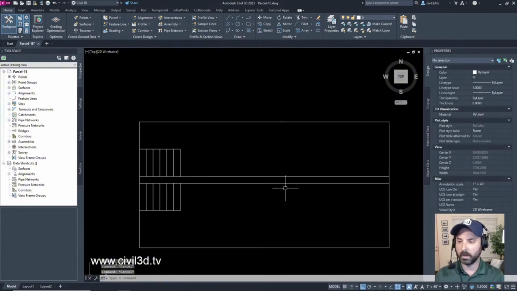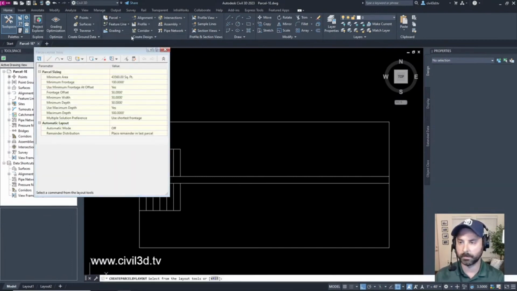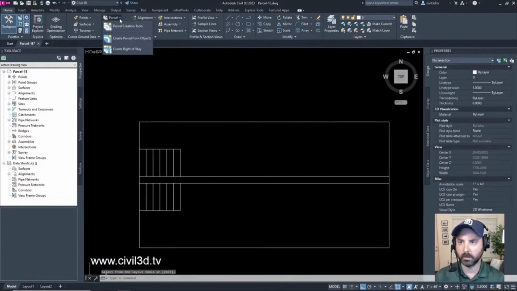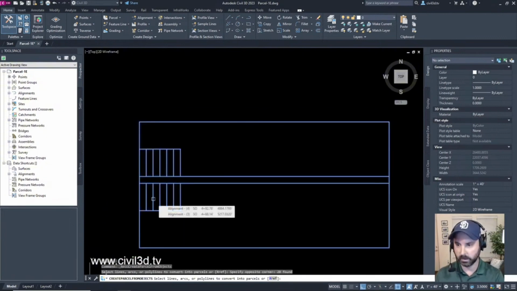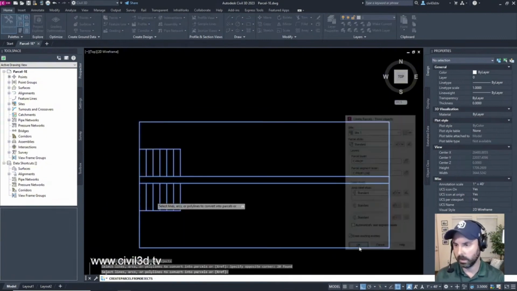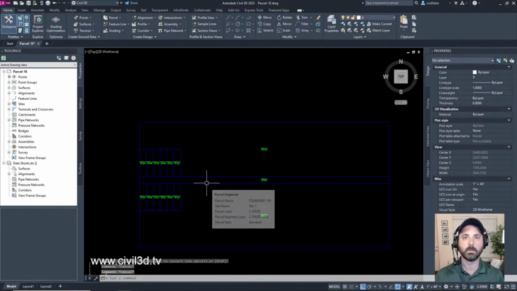And what I'm going to do is go into my parcel tools, parcel creation tools, parcel, create parcel from objects. See what happens when I do this. Click OK, and there you go.